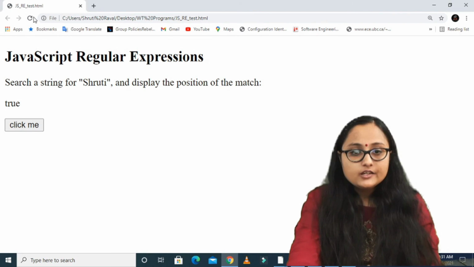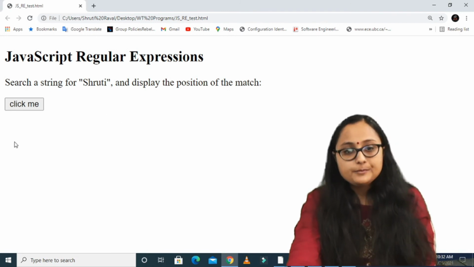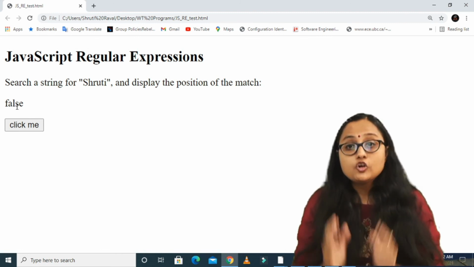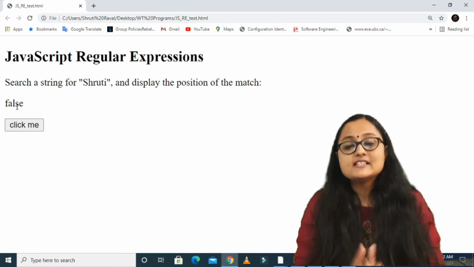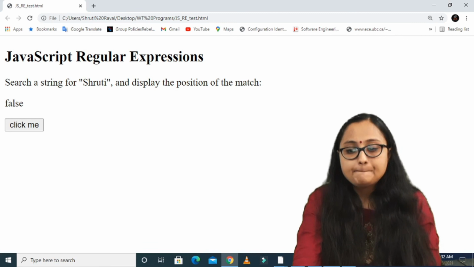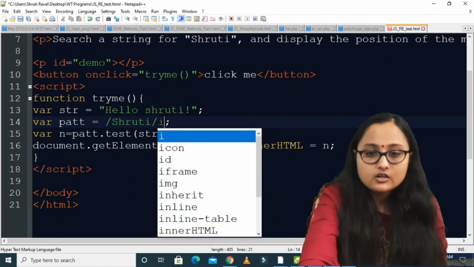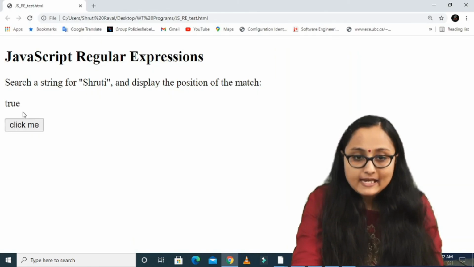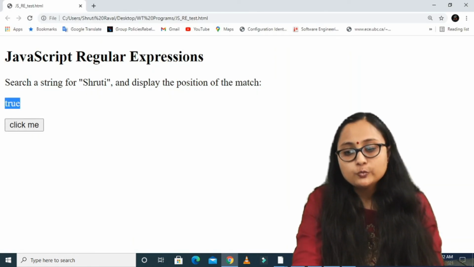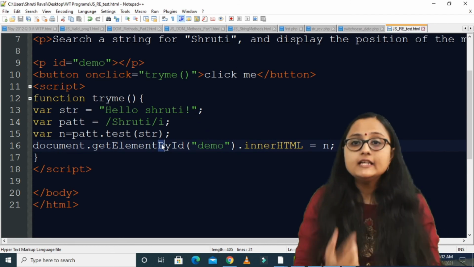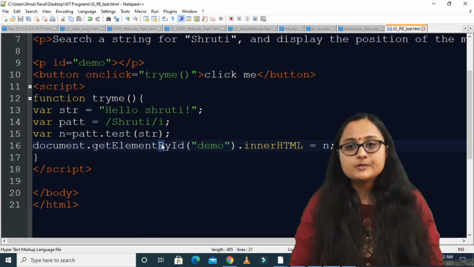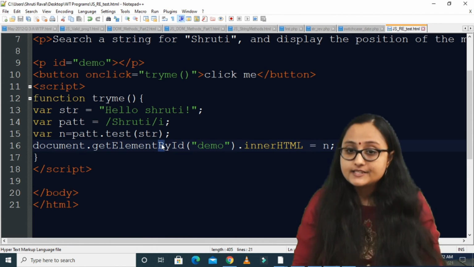So what will it return? Reloading the page and clicking on this, you can see that the result is false because a case sensitive search has taken place. Instead, if I again write modifier i, reload the page and click, I will get true, because now with modifier i the test becomes case insensitive.